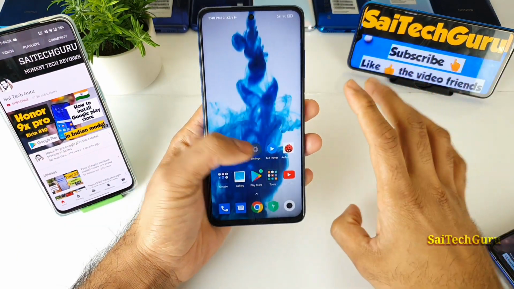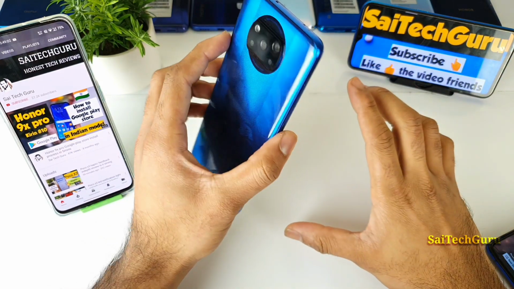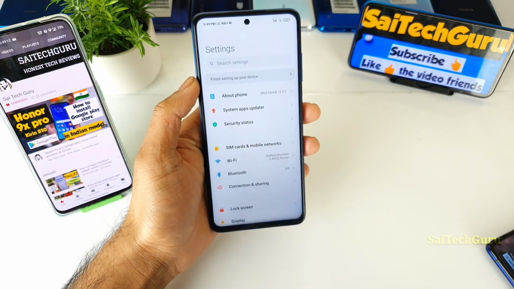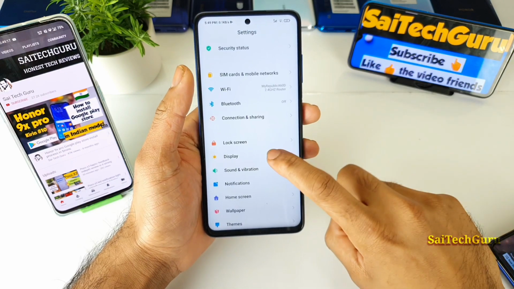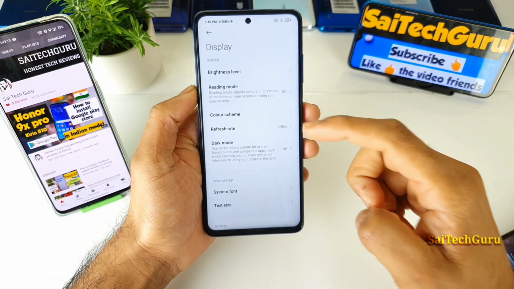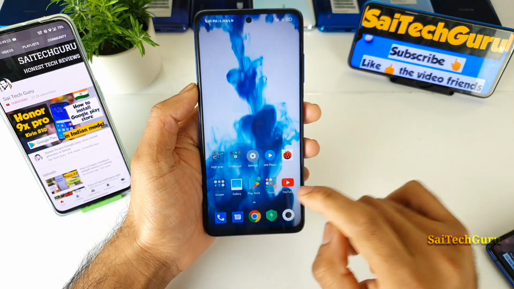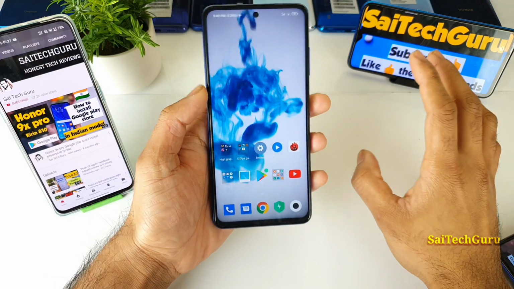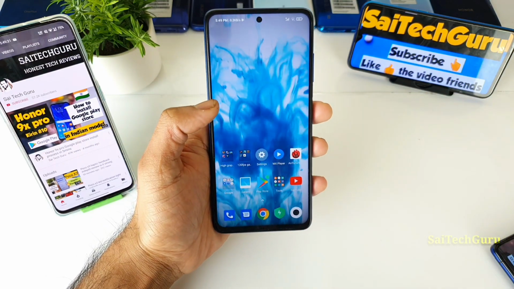Right now in this video I'll be choosing a few GFX tools. I'll be demonstrating whether you can actually play with 90 FPS on this phone or not. First, let me show you the model I'm using. It is a Poco X3 phone, and let's go to the display here. As you can see, I have turned on the 120Hz refresh rate. I have downloaded many GFX tool applications, and first let me talk about one of the GFX tool applications which I'll be demonstrating right now.